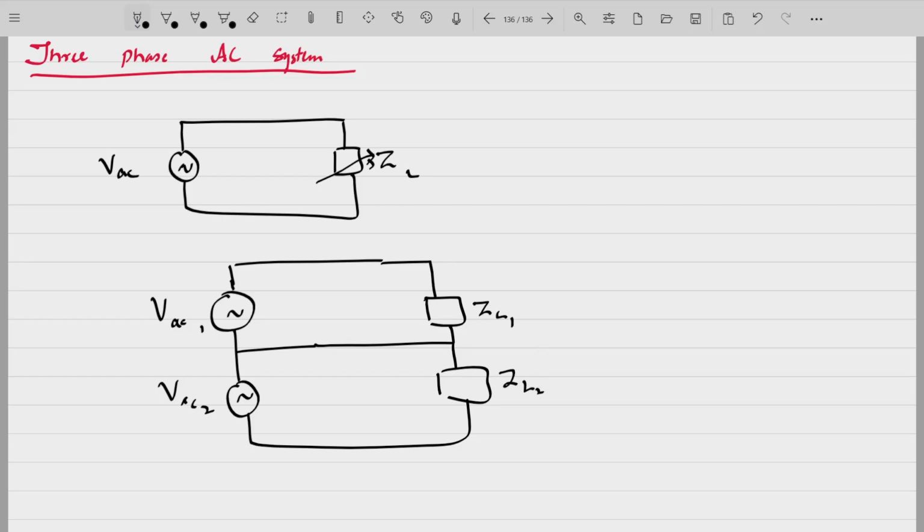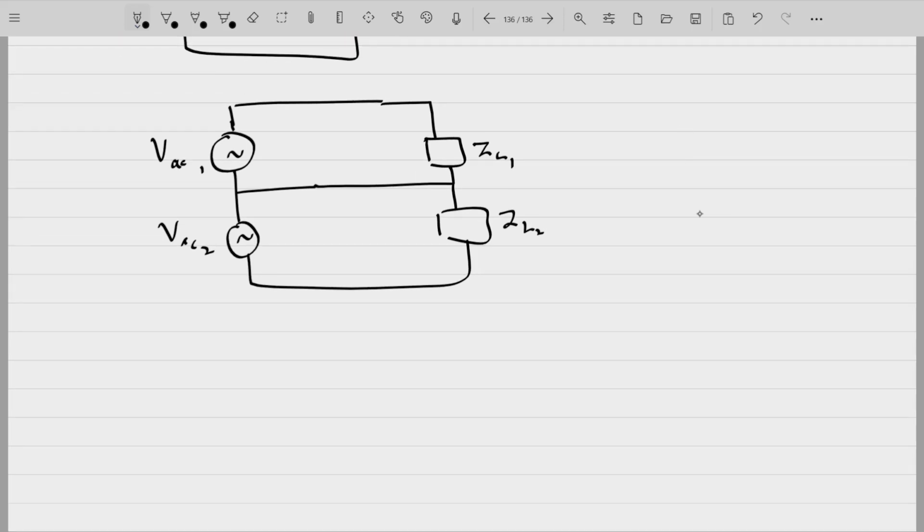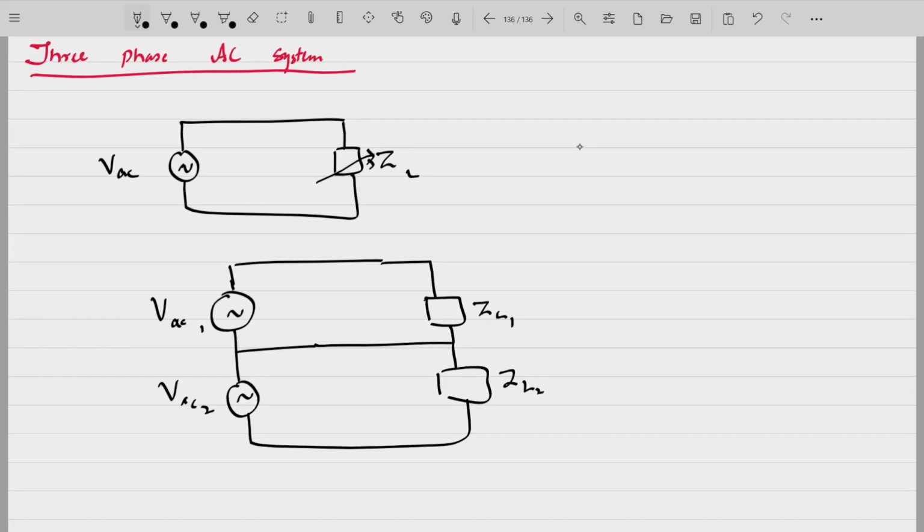Fine. So this system wherein we'll be having two different voltage sources connected to a load will be known as a two-phase system. If we have three voltage sources,